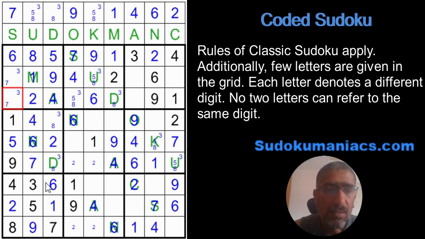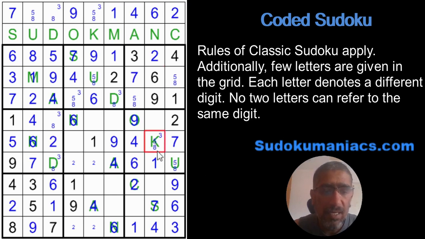Now, by classic rules, this is not a 3, this is not a 3, so this becomes a 3. So I know for sure U is not a 3. So let's remove that possibility, which means the 3 for box 2 is locked in row 3. So this has to be a 7, and this becomes my 3. This is again a 5, 8. So this becomes a 7 by classic rules because this also cannot be a 7. So this is another 5, 8.